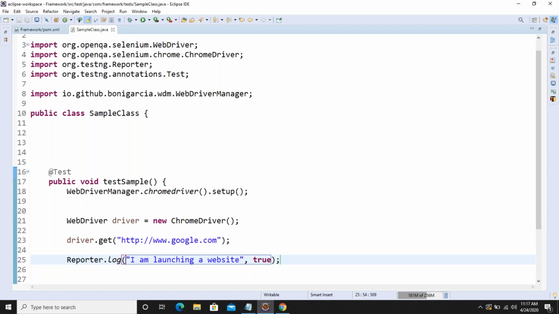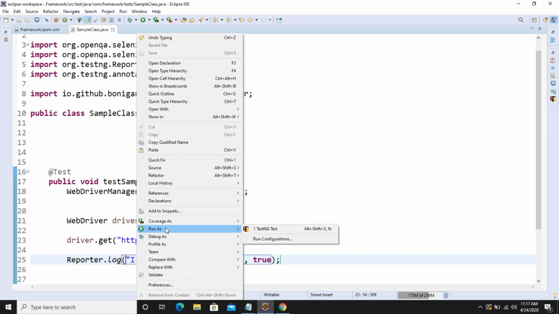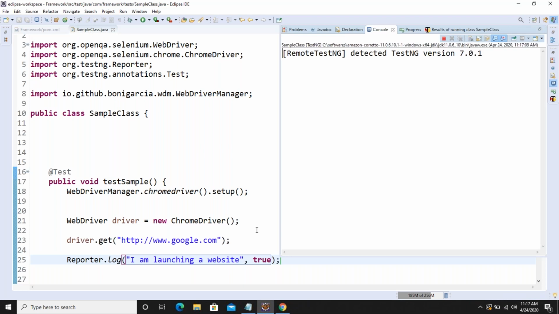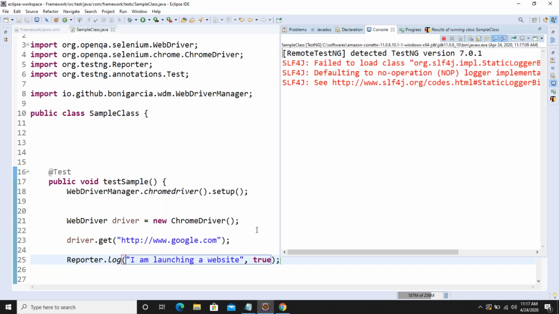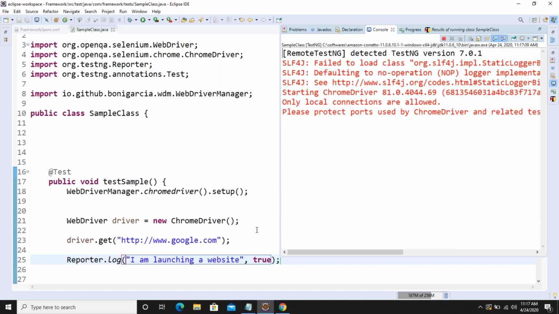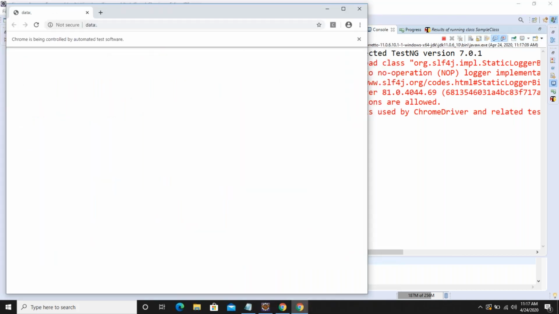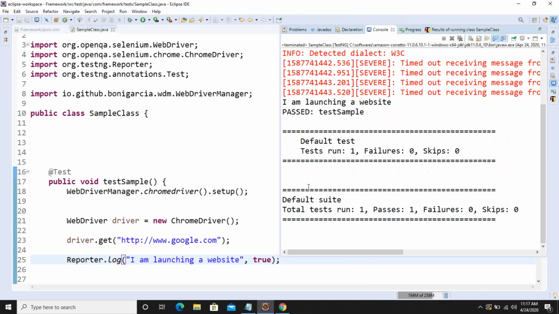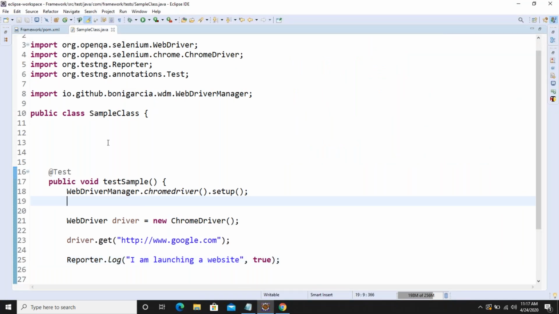So let me go ahead and run this test script. It is launching the browser, and it has printed I'm launching the website, and it has been successfully closed.